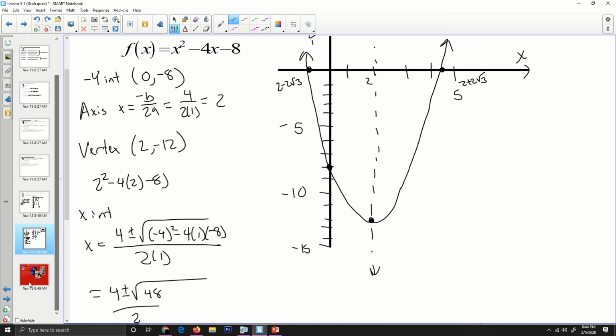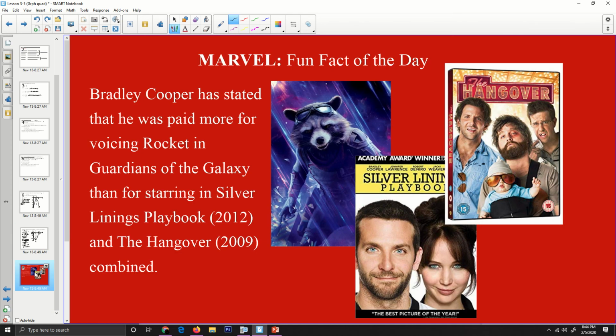So our Marvel fun fact of the day: Bradley Cooper has stated that he was paid more for voicing Rocket in Guardians of the Galaxy than for starring in Silver Linings Playbook, which was an Academy Award winner, and The Hangover, which spawned 2